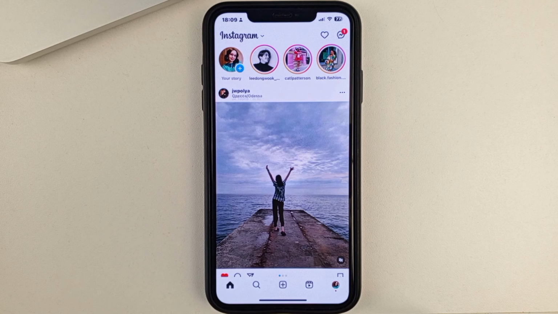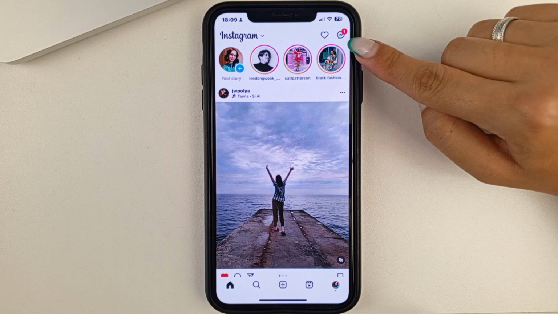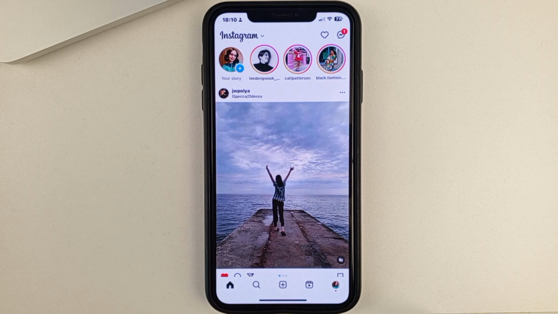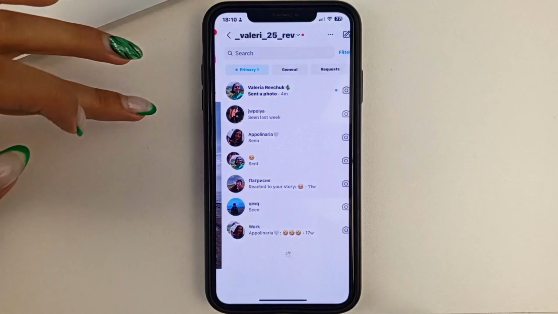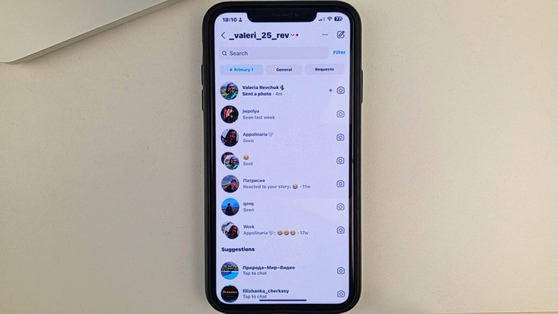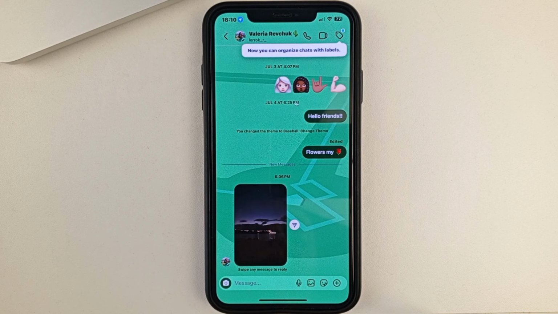So, friends, for this, you will need to open the Instagram app itself. Then go to your direct. To do that, on the top right, click on this sign. Or you can just swipe from the right side to the left side, like this. Then go to the correspondence where you may have been sent a photo. You can also be sent small videos in Instagram, and you can save them in the same way as photos.